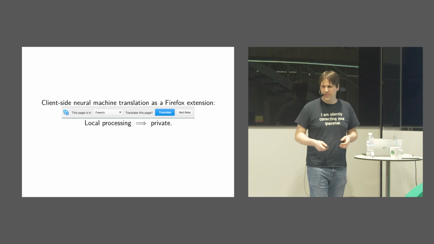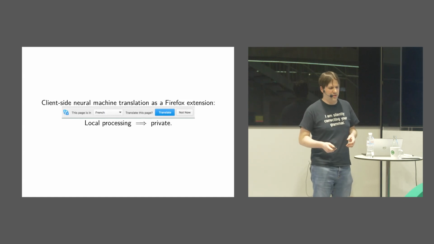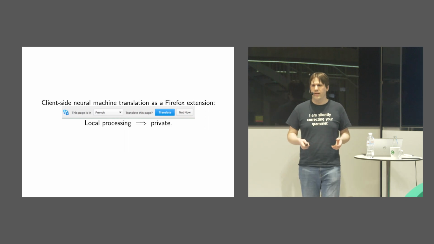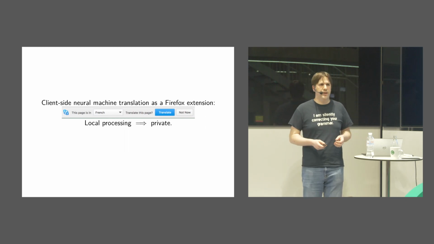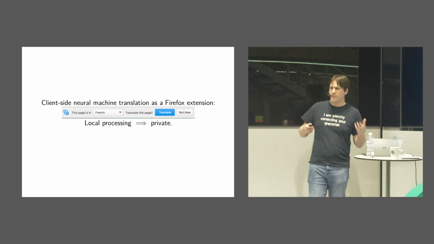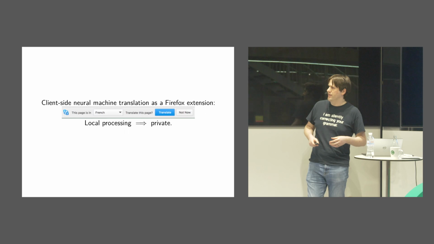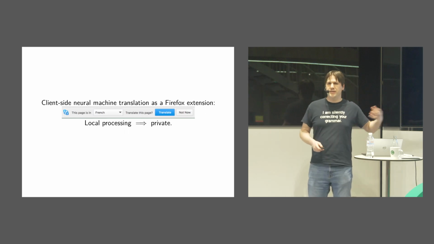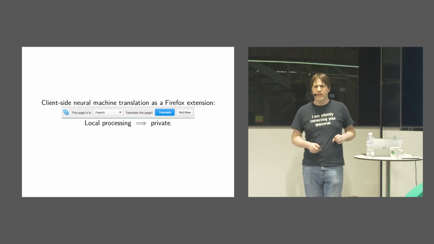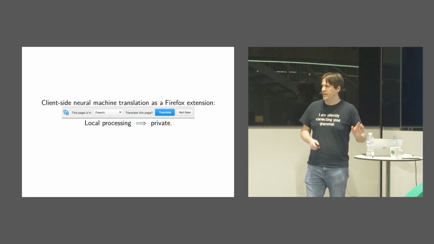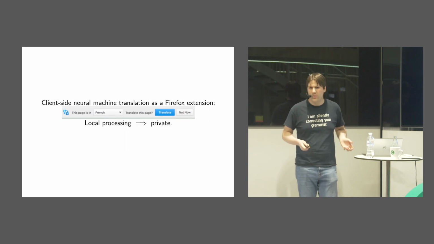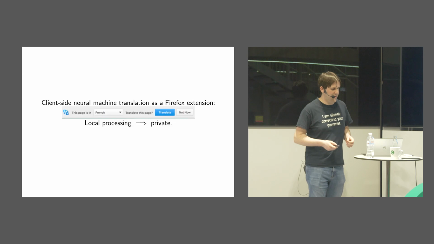And so we wanted to do client-side translation, and we partnered with Mozilla to do this in Firefox, partly because they don't have the feature right now. You get an interface that looks a bit like this. If you speak English, so your interface language is in English, and it detects that the language is in a different one, this pops up at the top of the screen, and it offers to translate it. That's at least the user interface design, and it should all run locally on your machine. That's the idea.